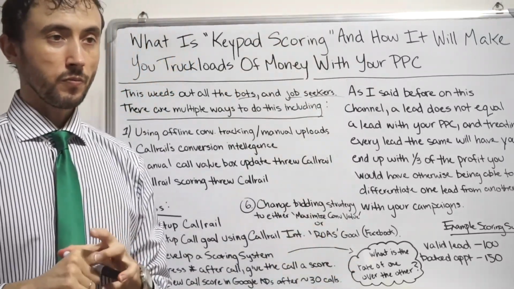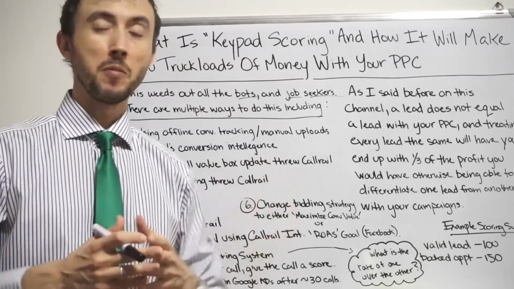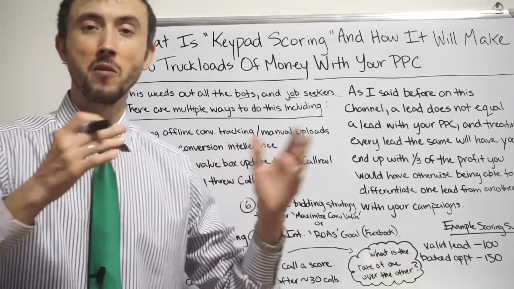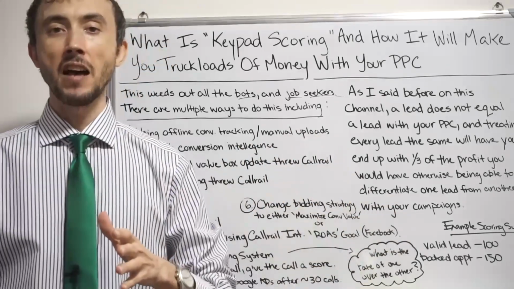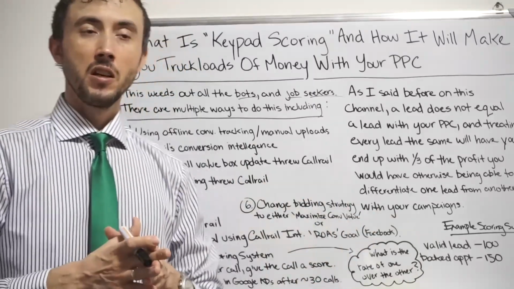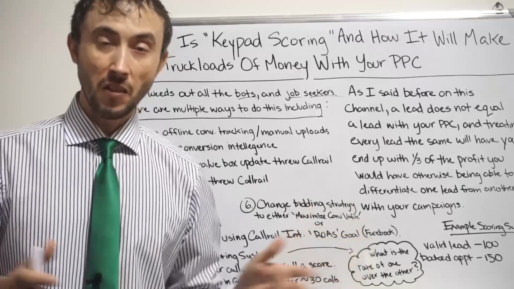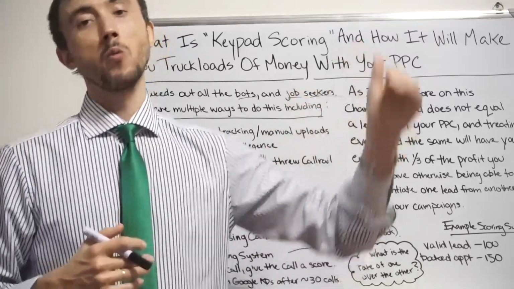So if you don't get results right away, it's not a matter of if you will get results if you have something that's halfway decent in your marketing. It's a matter of when. How much data do I need to collect to figure out the exact part of the market that I should be advertising to? And then waiting until you get it, or spending enough money until you get it. And then from there, it'll work